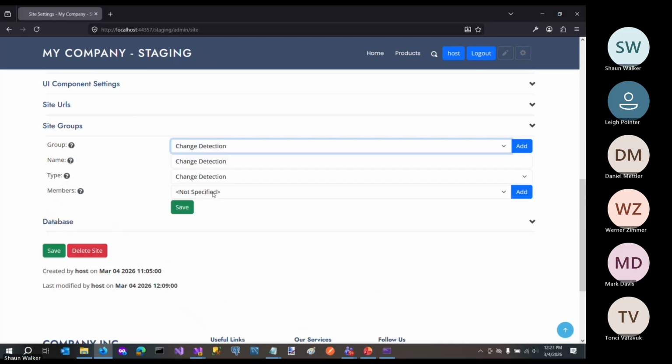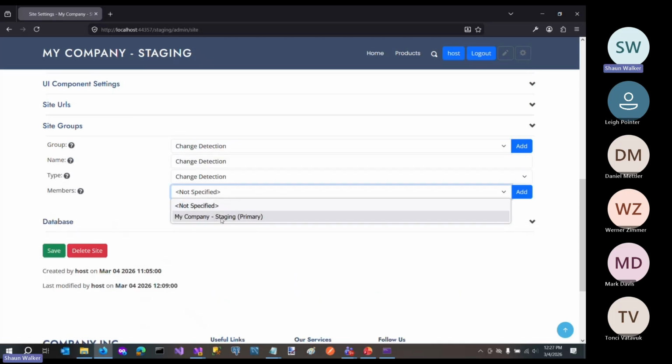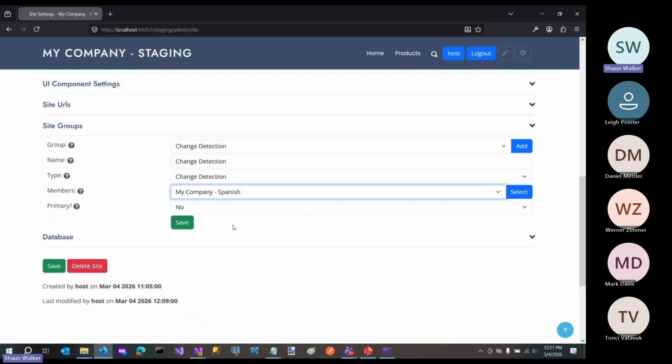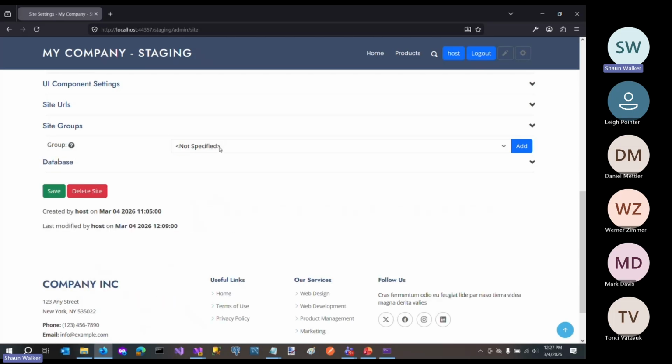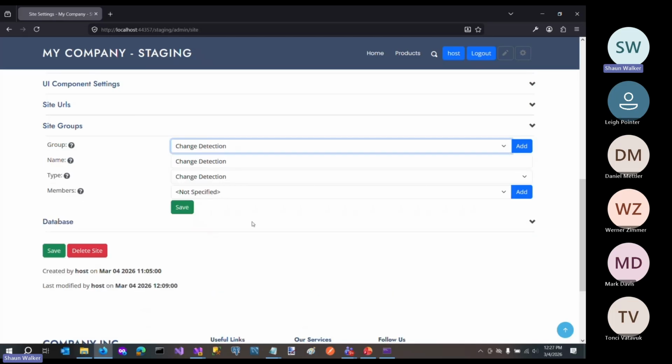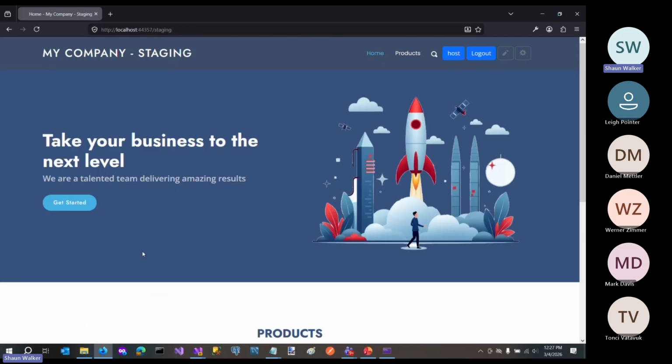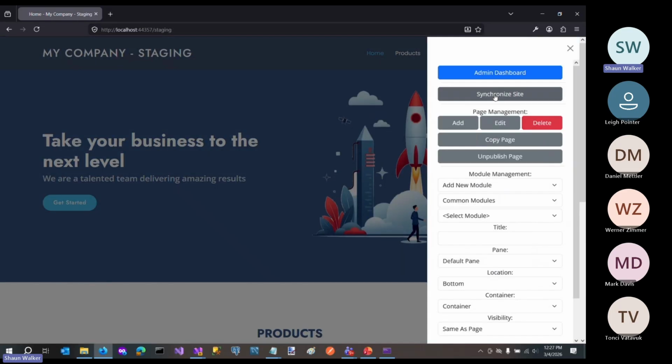So whenever the staging site, which is the primary, which is English language, has content changes performed on it, I would like the administrators of the Spanish site to be notified. So if I go into add, I can choose the Spanish site and save. And so now I have a change detection group, right? And so that means that when changes are made to this staging site, like content is changed, and I choose synchronize site,